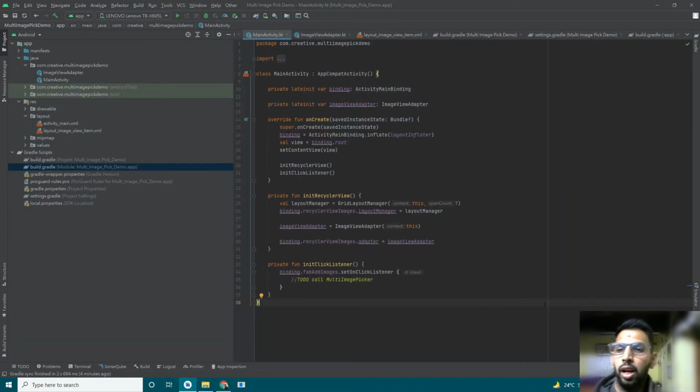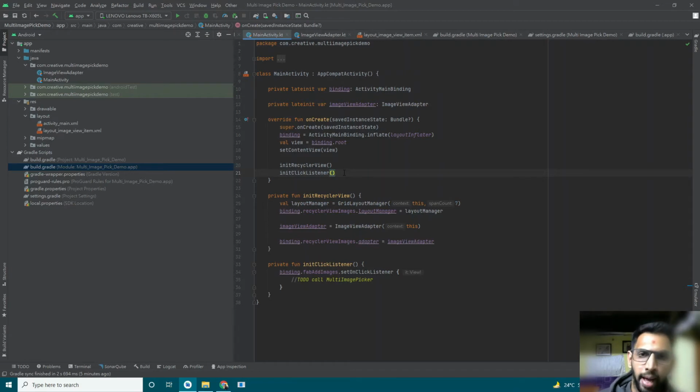So friends, here we have code ready for displaying images after selecting them from the multi-image picker. I'm going to show how to call the multi-image picker for selecting images from the library, and we can select multiple images, and how we can use that result from the multi-image picker library and display those images in our adapter.